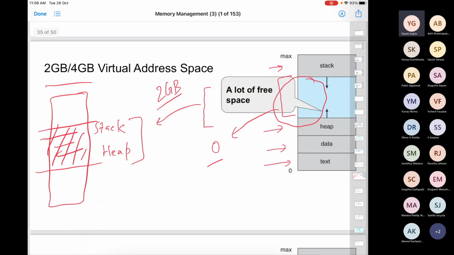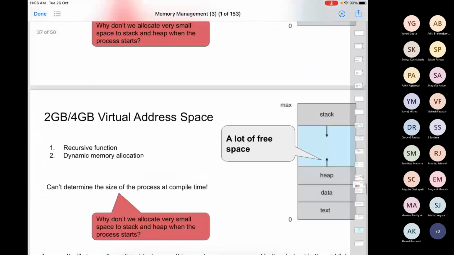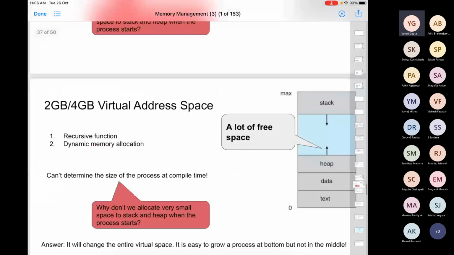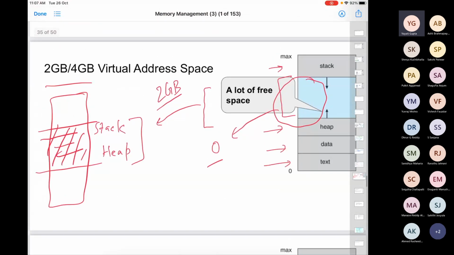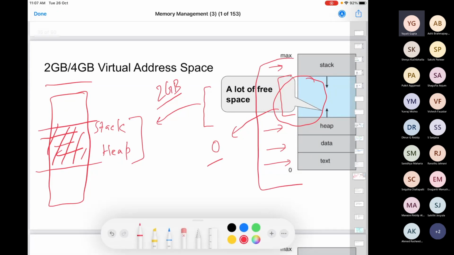Forget about paging for a moment and think about your contiguous memory allocation. This problem is not just in paging, it's even in contiguous memory allocation. So let's say you're allocating your memory contiguously. Whenever a process comes, you will give it 2 GB of address space, which will have all these parts. Then you will be looking for some space to keep this entire process in the memory. So you will be looking for a contiguous chunk of 2 GB in the main memory if you were doing contiguous memory allocation.